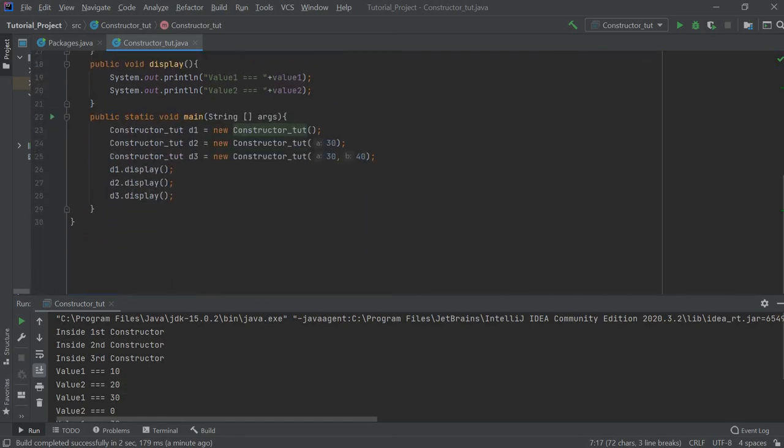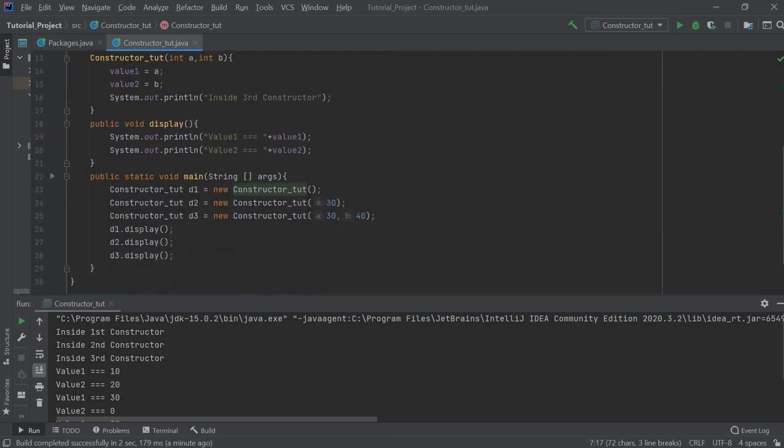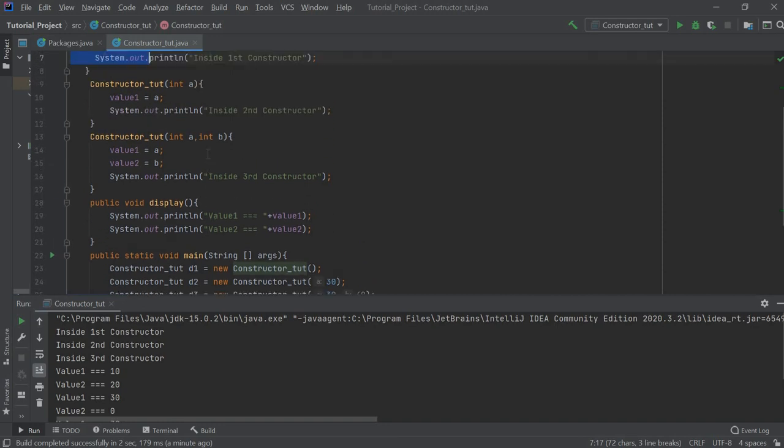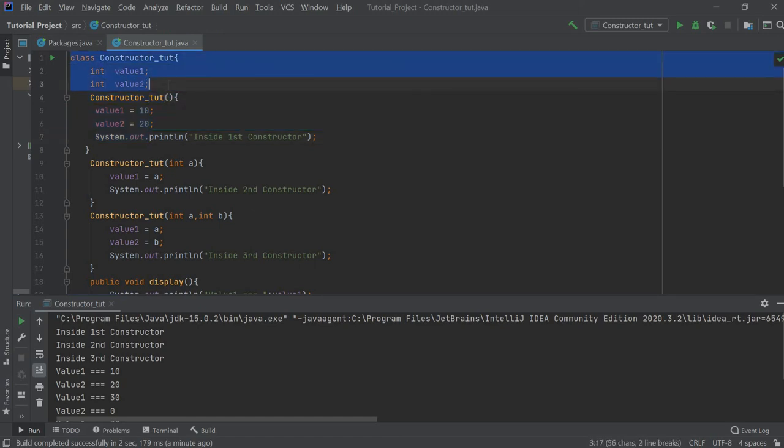And in the second case, the d2 display method: in the case of d2, value 1 is assigned a new value, which is a, which is 30. But we are not giving any value for value 2. In this case, as you can see, the variable is just not initialized with any value.